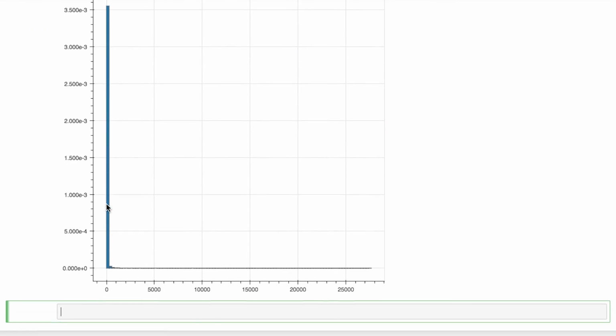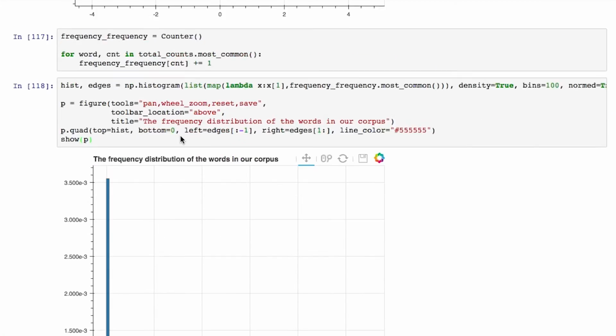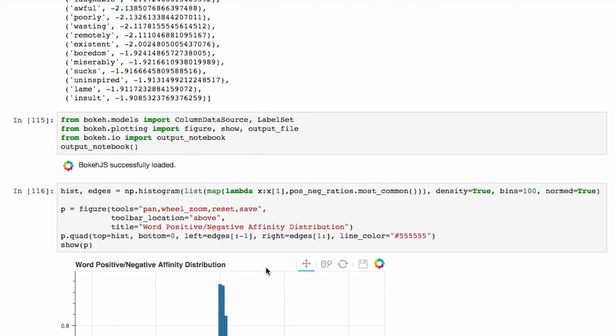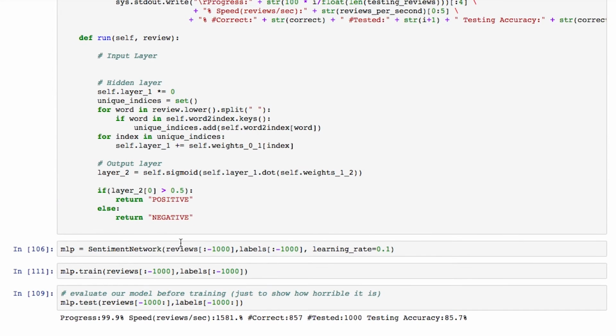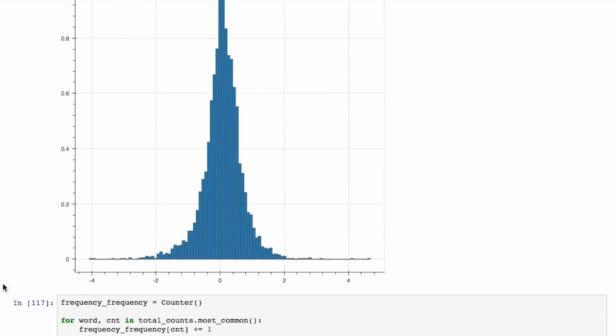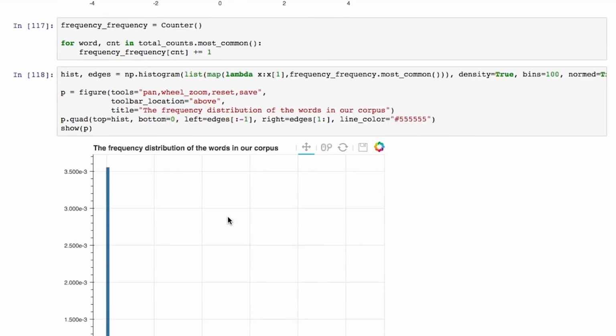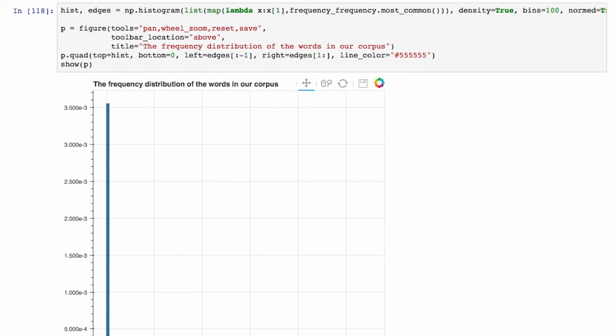So in the next project, what we're going to do is install these metrics into our neural net. So I want you to go ahead and give it a shot. See if you can build a neural net or modify this so that in either the train method or the sentiment network method, you put in a parameter that says how much of this to carve out. You put in a parameter that says, get rid of all the words that are too frequent or infrequent, and you have a min count: each word has to show up at least 10 times, at least 5 times to be included in my vocabulary and to be included in my neural net. See how that goes.